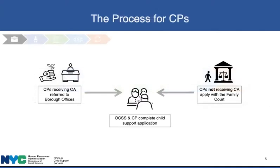So the start of the process for custodial parents depends on whether or not the custodial parent and the children are receiving cash assistance. If they are, then the custodial parent is required to come to one of the OCSS borough offices. We have borough offices in every borough except Staten Island. Custodial parents in Staten Island have to come into Manhattan to attend the borough office meeting. Custodial parents that are not receiving cash assistance apply to family court, and OCSS has an office in all 5 family courts that are located in each of the 5 boroughs of New York City. Whichever route in,